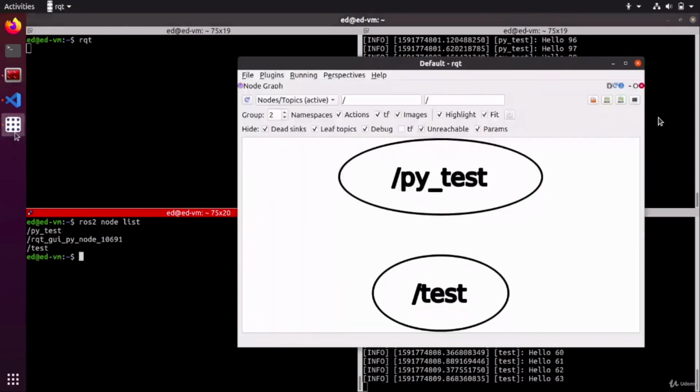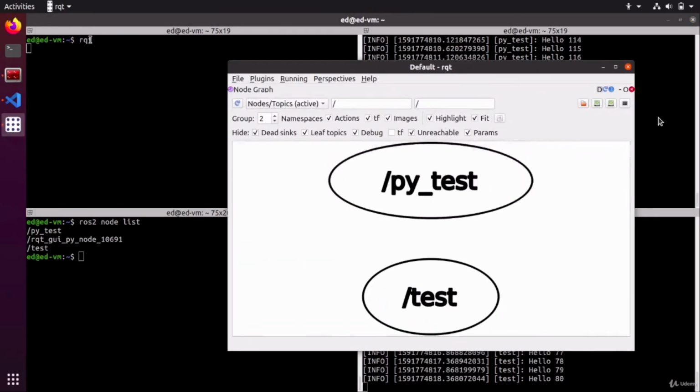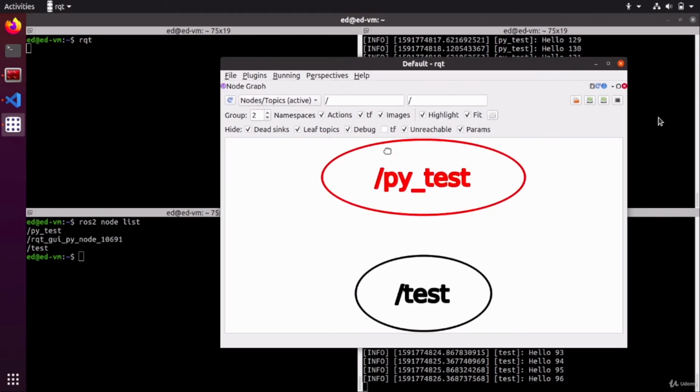Here, you will find those nodes inside the RQT. And as you can see, we have a new node in our list because this window here, the RQT, is actually a node, so of course it appears in the list of nodes. If you remove the debug flag,